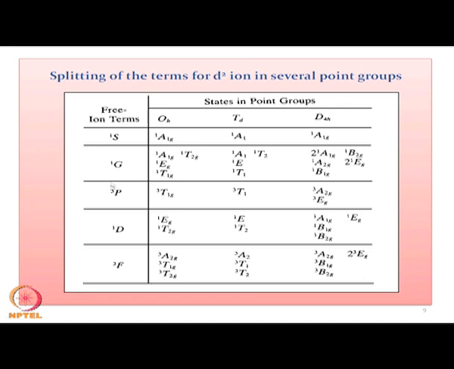These are the possible free ion terms, and depending upon the L value and S value, the ground state is 3F. For d2 and its corresponding hole equivalent d8, we have the same set of free ion terms. And if we put these free ion terms in different point groups,